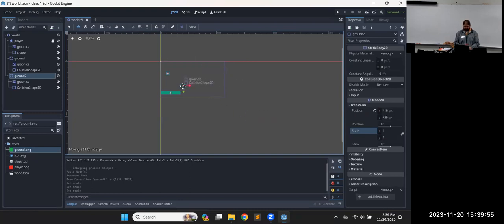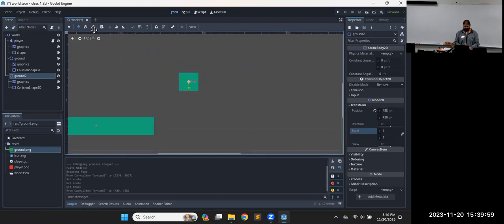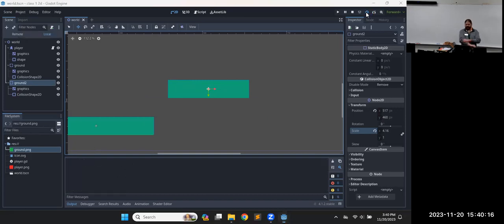Put it up here. Something like that will probably work. Zoom in and then use the scale tool, and I'll just stretch it out a little. Maybe make that jump. I don't know how high it's jumping. Something like that. And when we run it,